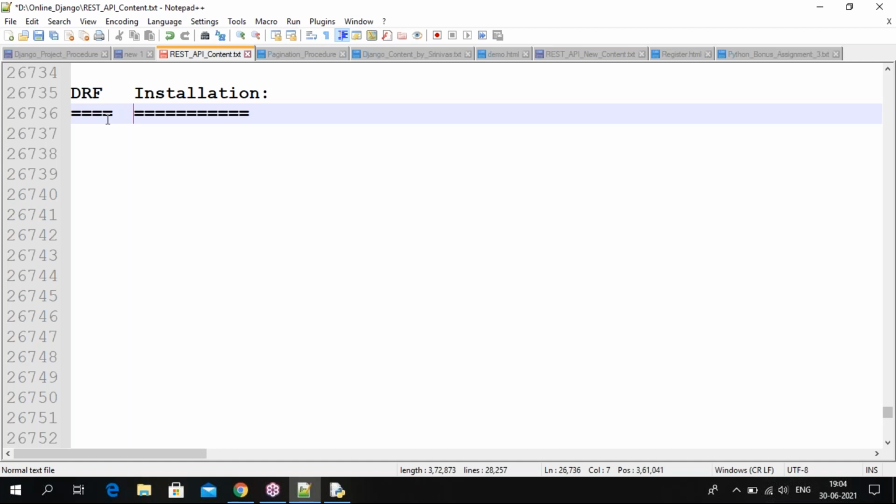Before telling about the installation process, we will do one small application, in which there are lots of conversions, converting data from one type to another type. Otherwise we can install the Django REST framework.